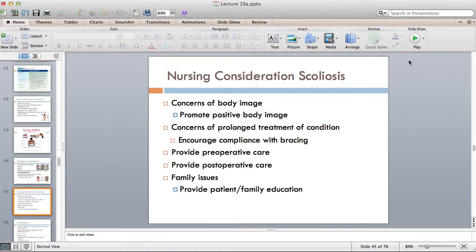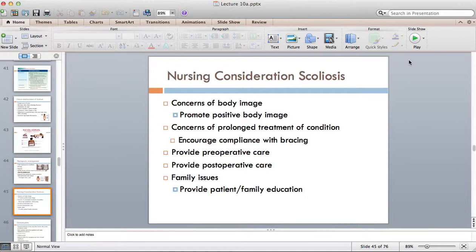When they wake up, they're going to have a Foley inserted if it was not done before you put them to sleep. Okay? They will also have an NG tube in place when they wake up, because you will need to decompress the stomach post-operatively. So you need to warn them ahead of time that this is what will happen. In addition to that, you need to warn them as well that